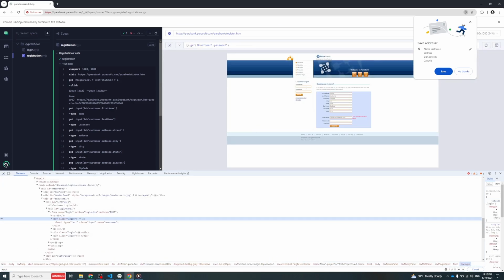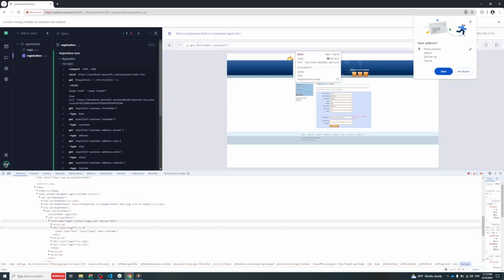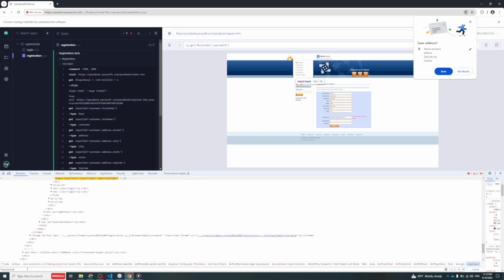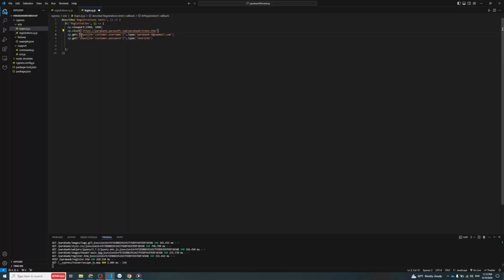So let's find one more time. I can see there the attribute name, which has the value username. Paste it and verify that it's only one selector on this web page. Yes, it's true. Go to the code, paste it, and let's make it the same for